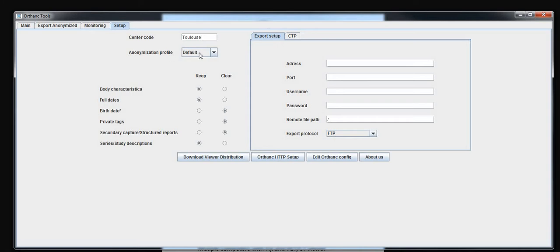The default profile is made for nuclear medicine, so it keeps body characteristics like patient weight that are useful in nuclear medicine, date of acquisition, date of injection of tracer. It removes the birth date, it removes the private tags of the manufacturer, it recognizes automatically and removes the secondary capture where you can find the patient name hard printed, and it will just remove this secondary capture series, and it will keep the series and study description value like series name or study